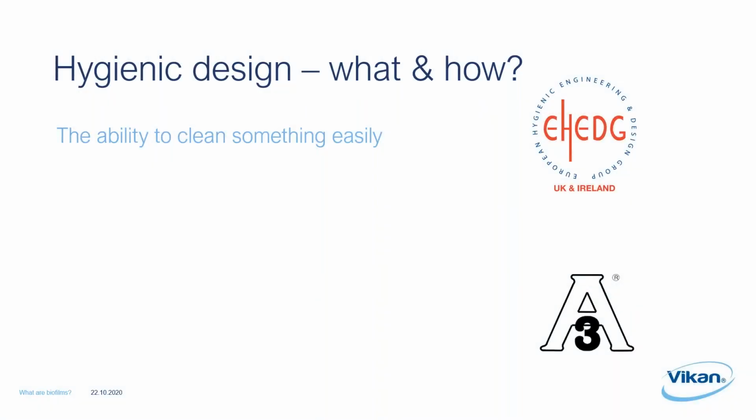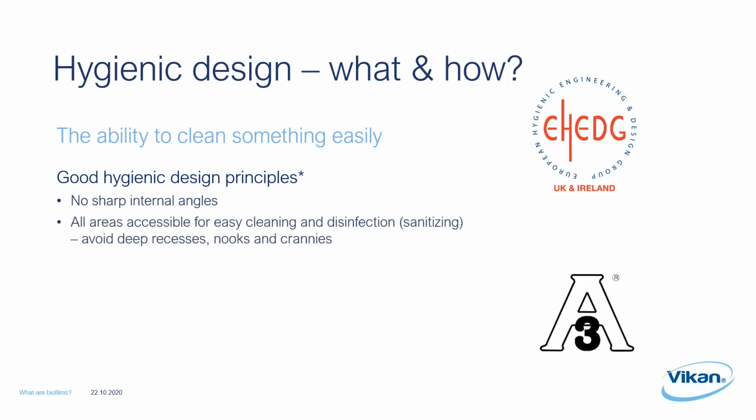Okay, so that now brings us to the hygienic design portion of the presentation, and this is something that I do think is fundamental to good biofilm control. Hygienic design really means the ability to clean something easily, and good hygienic design principles are well-founded, and they include things like no sharp internal angles, the avoidance of areas that are difficult to clean and sanitize, so avoiding nooks and crannies and deep recesses,